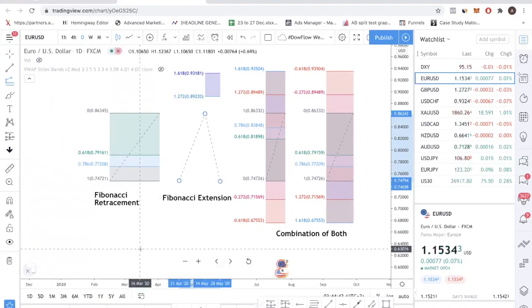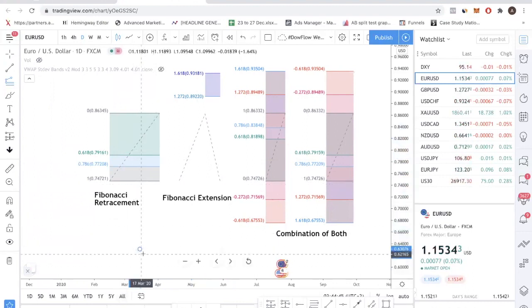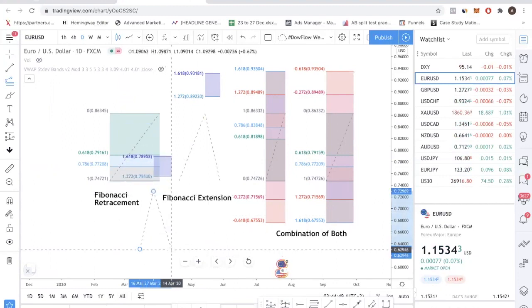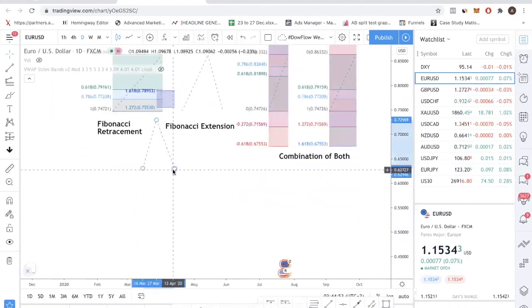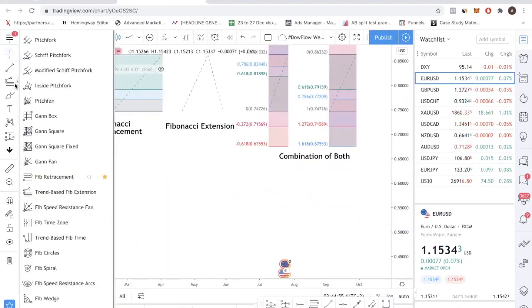So what you want to do is you want to connect this to the swing low, connect to the swing high, and back to the low. Let me just repeat it one more time in case you did not catch that. You go over here, click on the trend-based Fib extension tool,